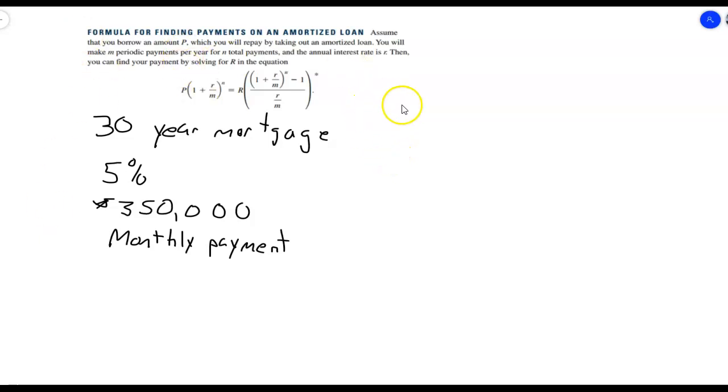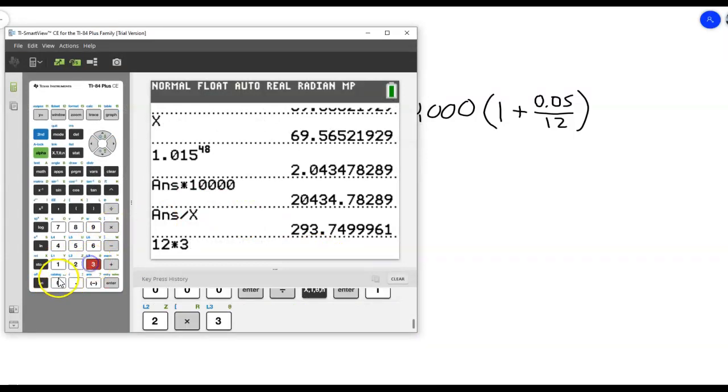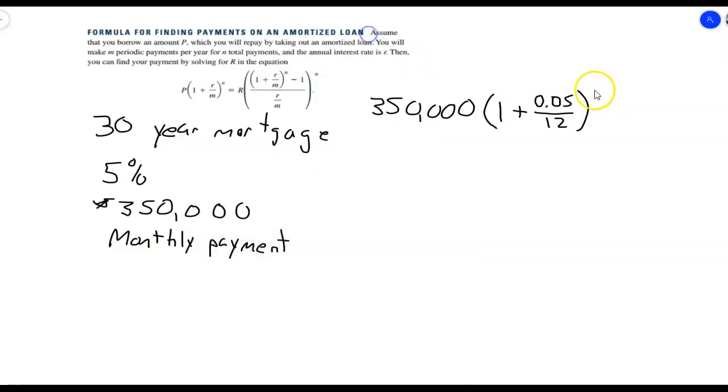So let's put it in the formula here. This is going to be the principal, which is $350,000. And you can start off by identifying all the variables, but we just did that last time. So let's jump right into this one plus the interest in decimal form divided by the number of compounding periods per year, and it has to match our payment. Since it's monthly, there's 12 months in a year. We're going to raise this to the 12 times 30. That's going to be a big number here. So 12 times 30, remember that's M times T, so that's 360,